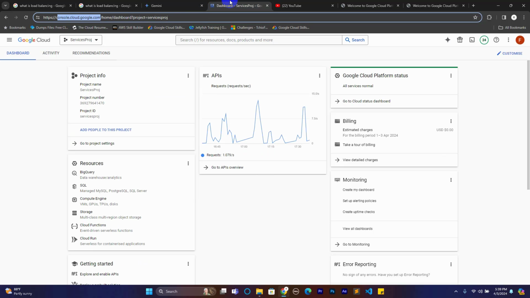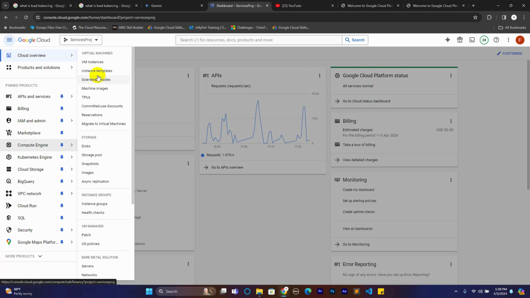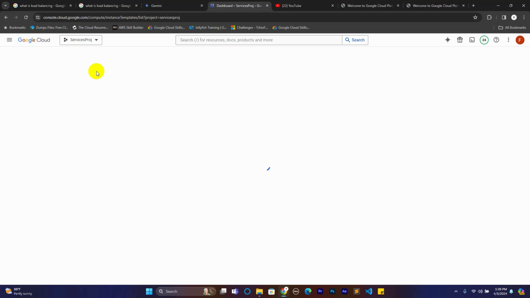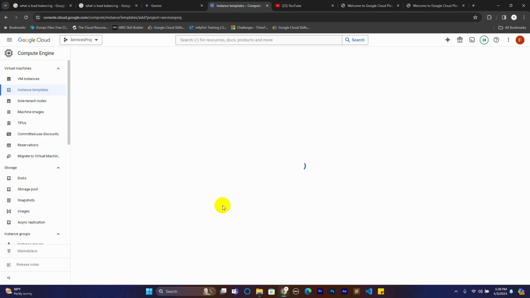So we'll go to our Google Cloud Console. We go to the navigation menu, we go to Compute Engine, and then the first thing we are going to do is to create an instance template. So an instance template is a template that we are going to base ourselves on in order to create our instances or our instance group. So click on create template,